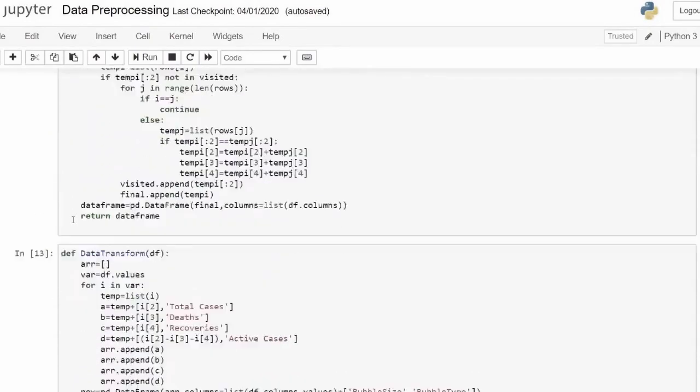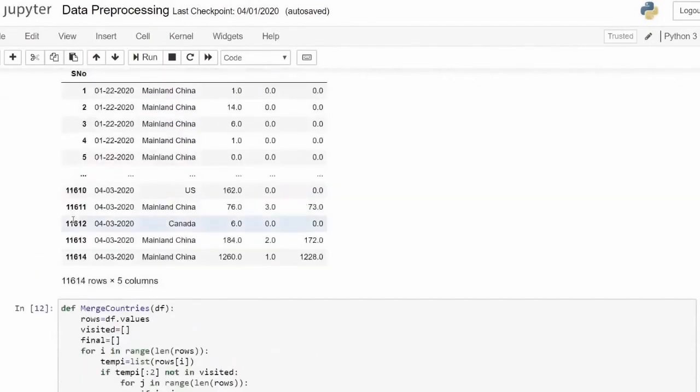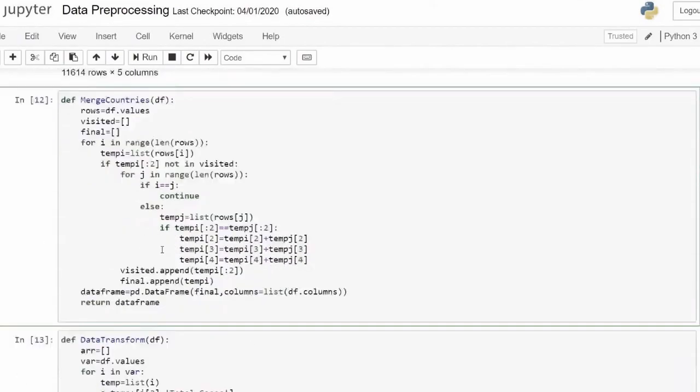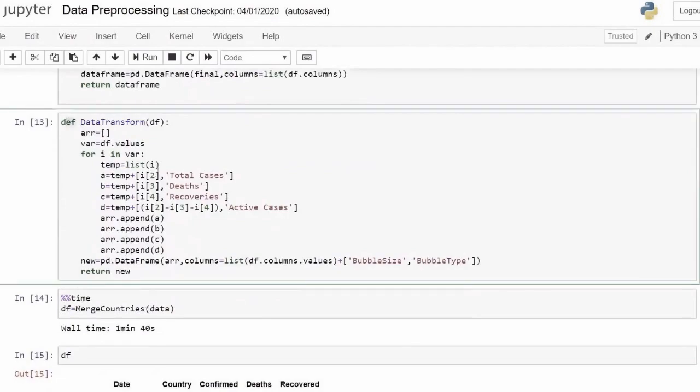After those, these are the functions in which I remove the redundancies in the data. And this function I wrote to add two extra columns, a bubble size and bubble type. The bubble size will display the size of the bubble, and bubble type will display what kind of data that bubble represents.